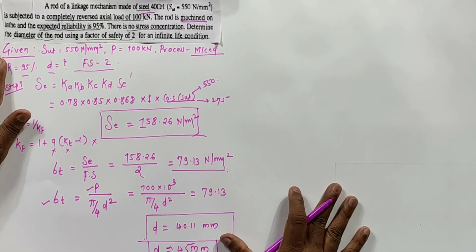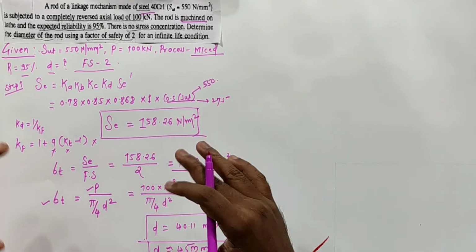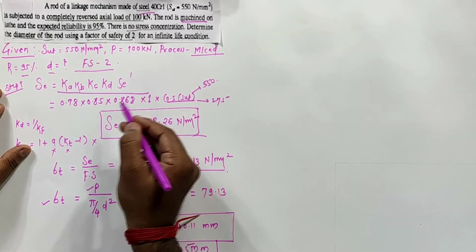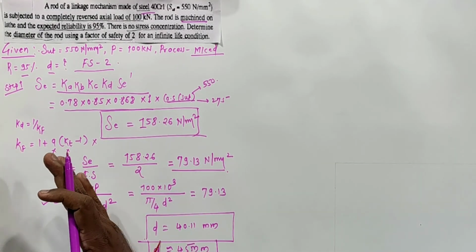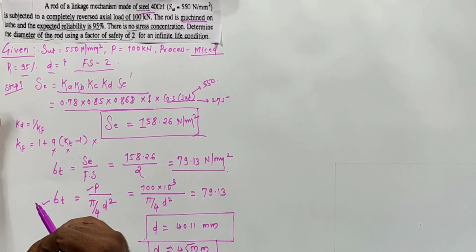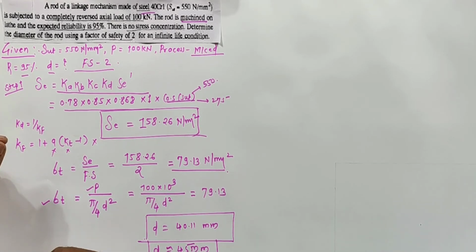Clear? So likewise, we are going to solve the numerical very easily. Here I have done it directly, but instead of that, systematically, step by step A, B, C, D, as in whichever previous numerical we have solved, you will have to solve in the same way, so that you will get the values or answer correctly. Okay? Thank you.